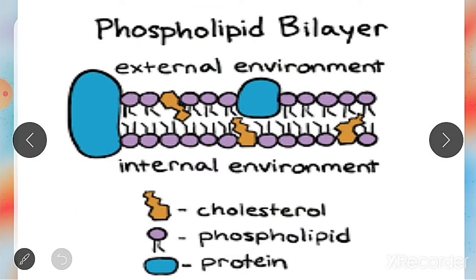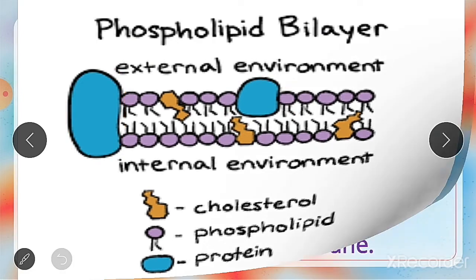Here you can see two types of proteins, intrinsic protein and extrinsic protein. Intrinsic proteins completely cover the lipid bilayer, as you can see here. But the extrinsic proteins occur on the outer or inner surface of the plasma membrane. So these are the two types of proteins that we can see in the plasma membrane. This model is the most accepted one, and it is also described as a number of protein icebergs floating in the sea of lipids.